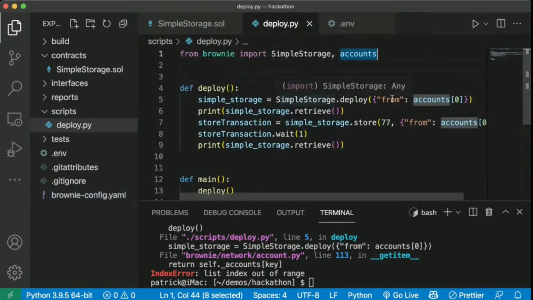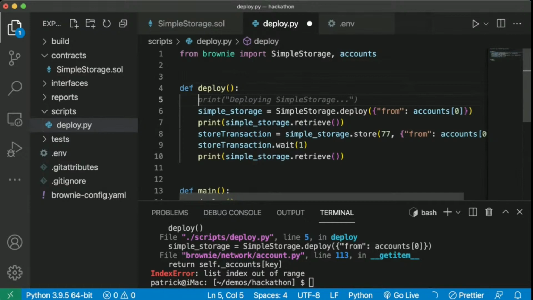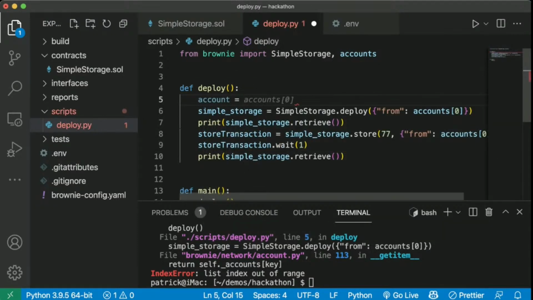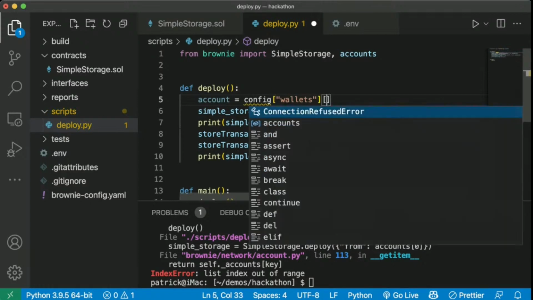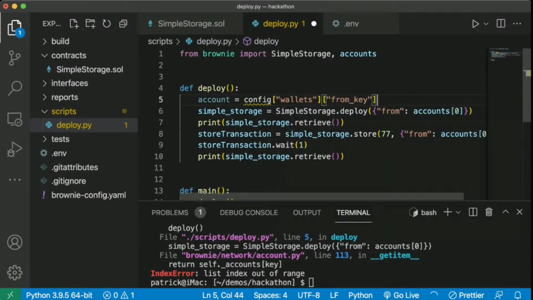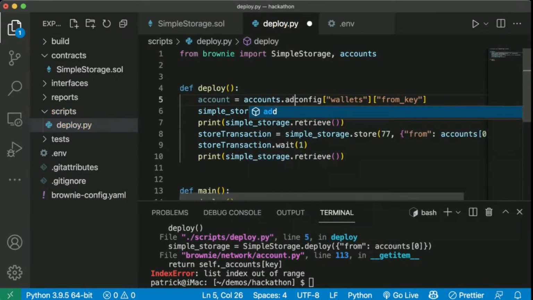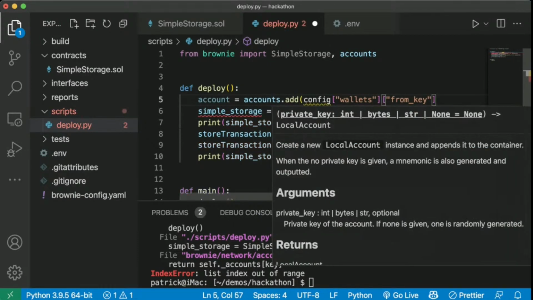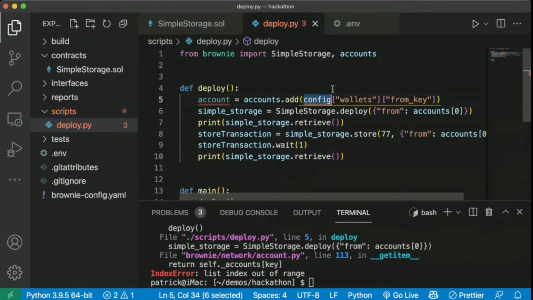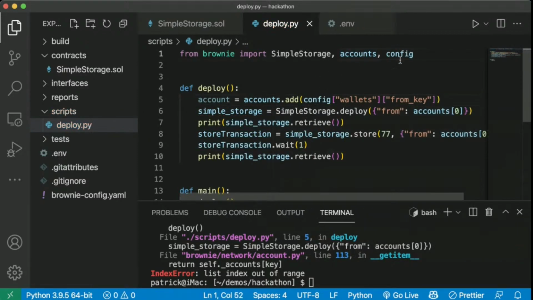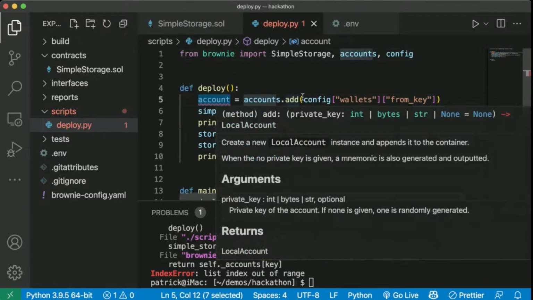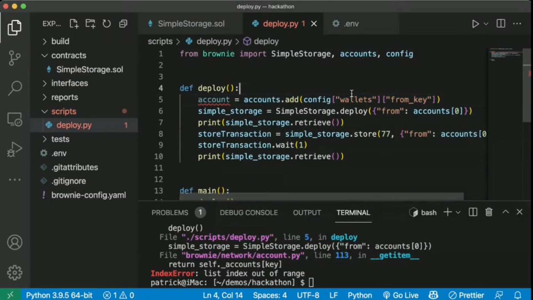And what we can do now instead of accounts[0] is we can say account equals accounts.add(config["wallets"]["from_key"]). And then we'll have to import config from brownie too. This is going to give us a new account from that private key.